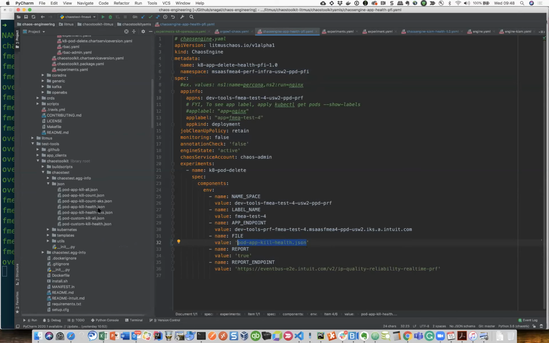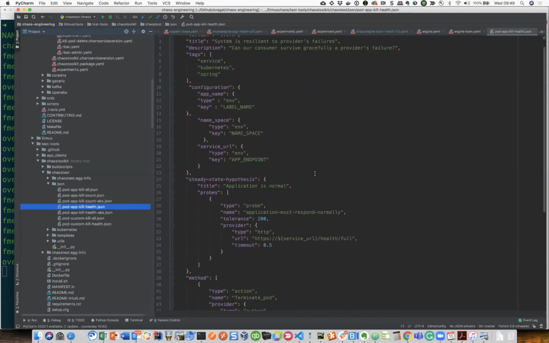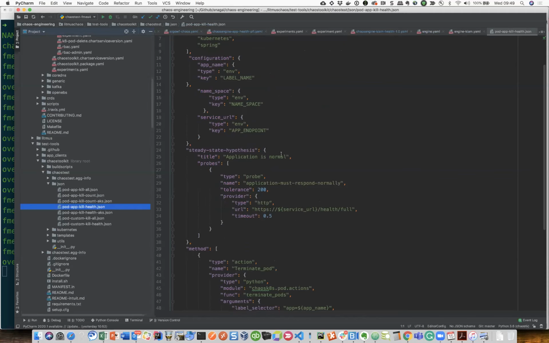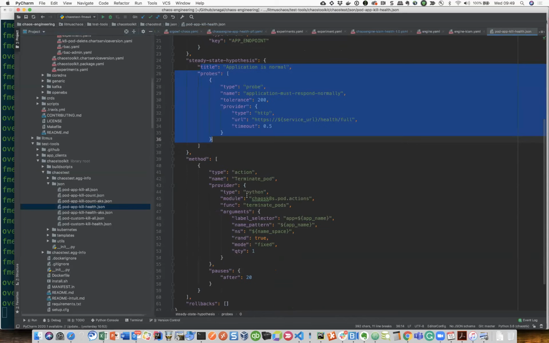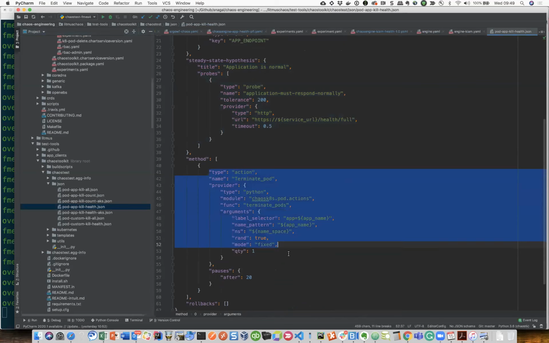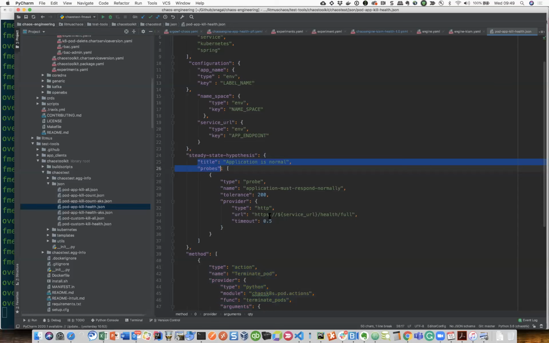most of the Kubernetes scenarios could be covered. This has already been available with the latest 1.3 release. This is the framework configuration where we are setting up some label and namespace, and we define the app endpoint. The reason we defined the app endpoint is that we wanted to hit the ingress and ensure that during the chaotic operation, the service should be up. So we first validate that the service is up. We pass this information, which will go and kill one of the pods with this label selector. And then again, it will do the steady state hypothesis. And this is exactly what happened here.